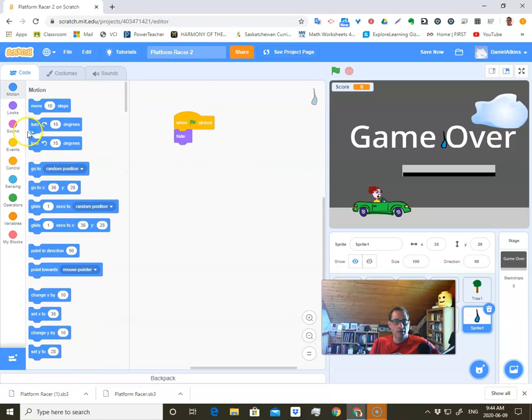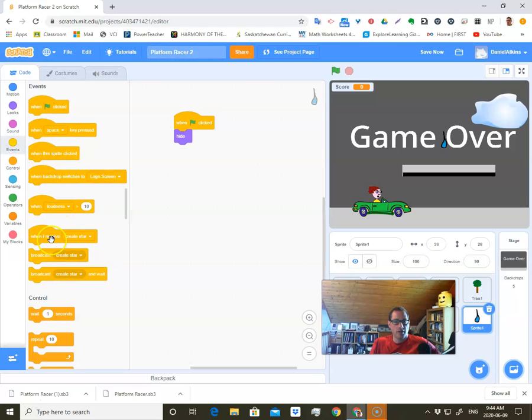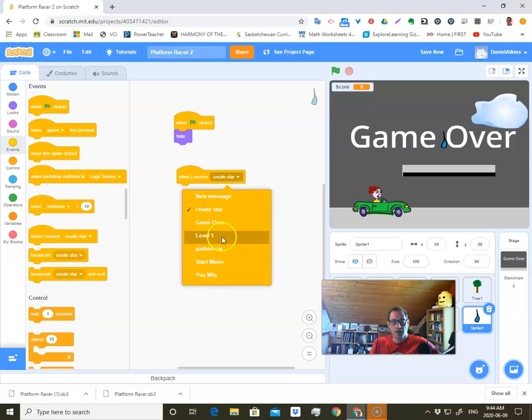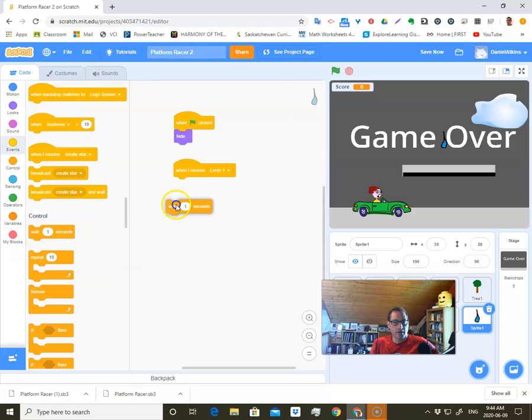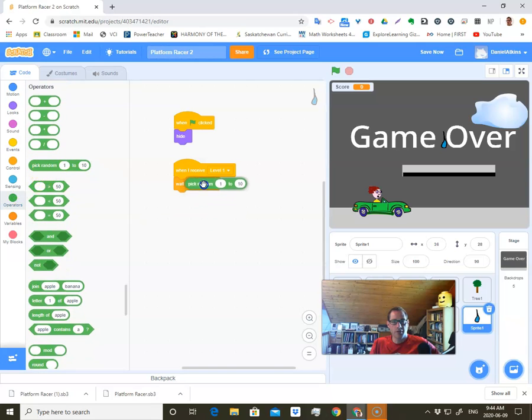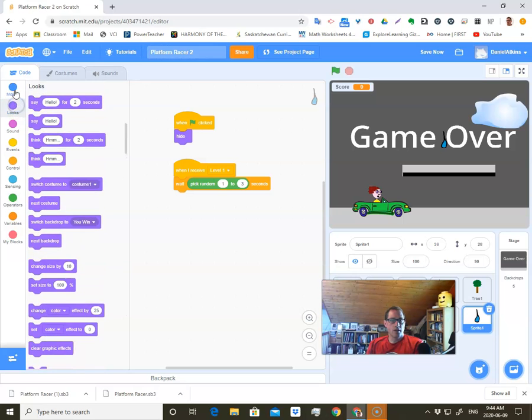So when I receive, let's go to events again. When I receive level 1, we'll just let this raindrop kind of randomly generate. We are going to say wait, and let's wait a random amount of time. So go to operations, pick out a random, and let's go between 1 and 3 for now. So it's going to wait a certain amount of time, and then it's going to go to, so go to